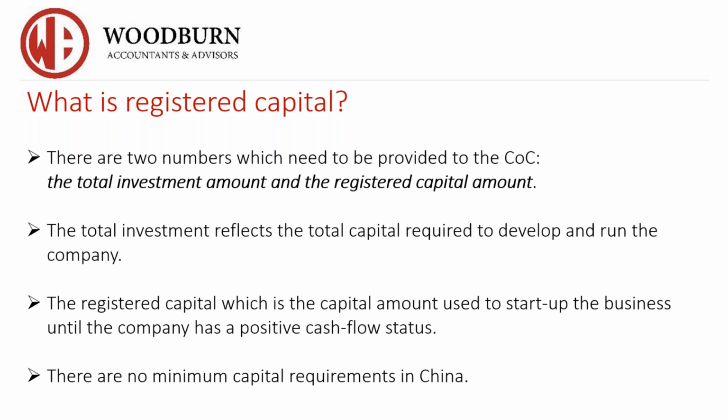Now, all I'm going to say to you is this: is 50,000 RMB enough until you have a positive cash flow status? You have to make that analysis, okay? You need to make sure you've got enough working capital to sustain your organization in China. The worst thing you want to happen is that you have to approach your employees and say, I apologize, we're 6 months into the operation and I can't pay your salaries because I don't have enough money in the account.